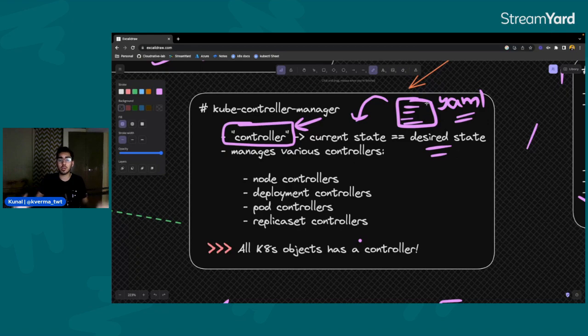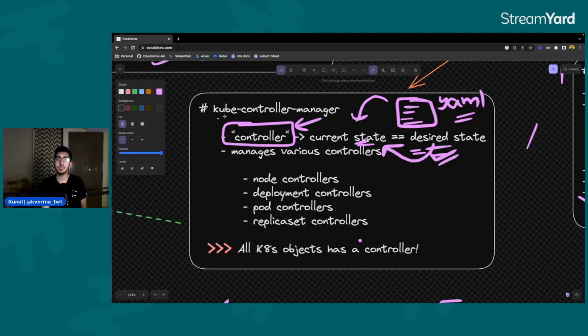The controller or the control loop will compare these both states, and it will try to match the current state with the desired state. It will show that in the current state, no application is running. That's cool. But in the desired state, the user has requested that a Redis container should run. So whatever changes are requested by the user in the desired state, it will apply to the current state so that these two equalize. That is the main job of a controller. Now, that was the controller. I hope you got the idea of what a controller is.